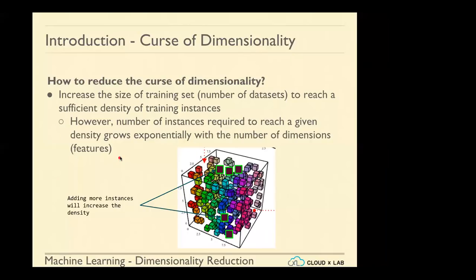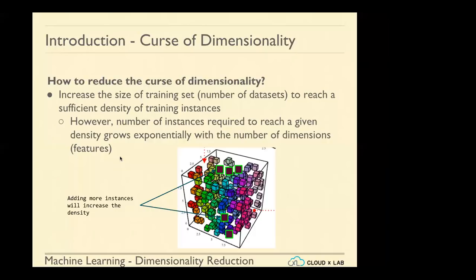So how to reduce the curse of dimensionality? One is to increase the training size, to reach sufficient density in each dimension of the training instances. But that's never a solution, to be honest. Increasing the size of the training set looks very lucrative, and we can say, since we don't have enough images, we have just too many dimensions, let's come up with more images in order to have data in every dimension. This is a common thing, to increase the size of the training set to reach sufficient density, but